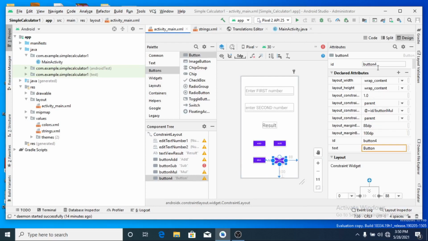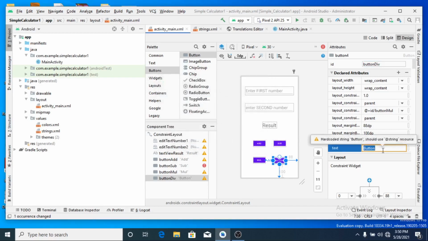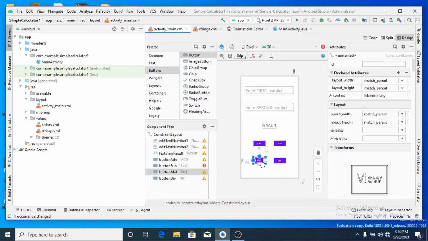And the last one, button 4, division, and here the text is division. Okay then.